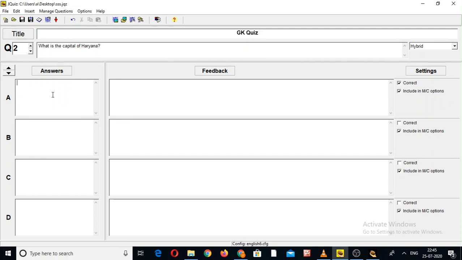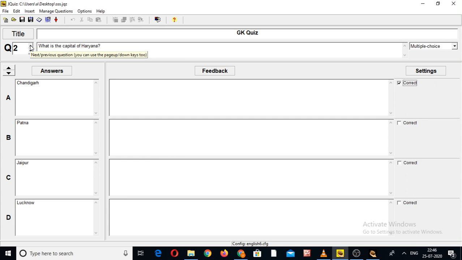I would like to give 4 options, not 5 or 6, because I cannot decrease below 4. 4 is the minimum. At least 4 should be there. So these are options from my side: Chandigarh, Patna, Jaipur, and Lucknow. And the right answer is Chandigarh. So this is question number 2, and this is the multiple choice type question from my side.